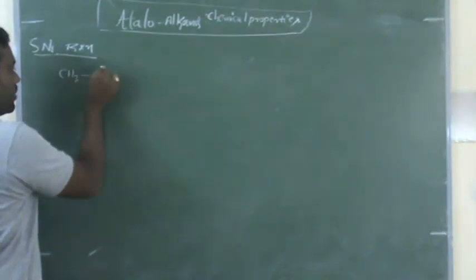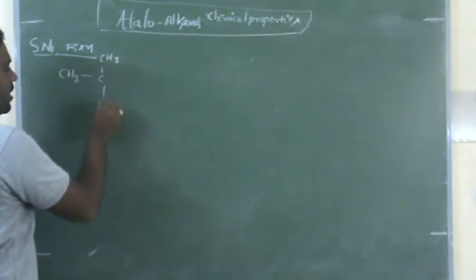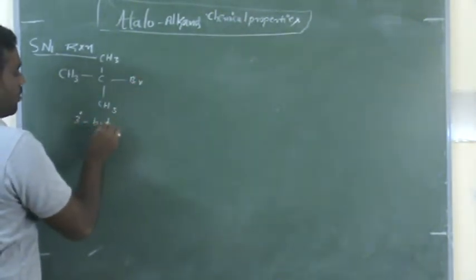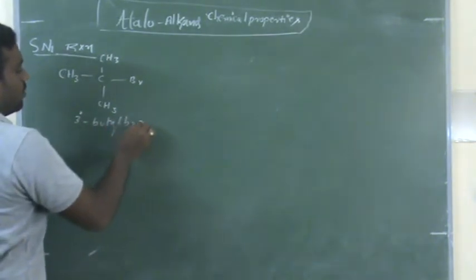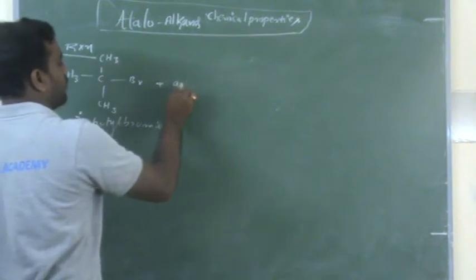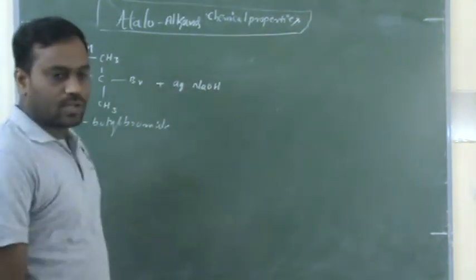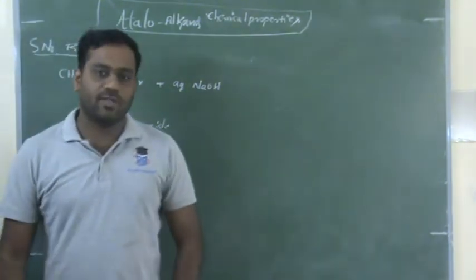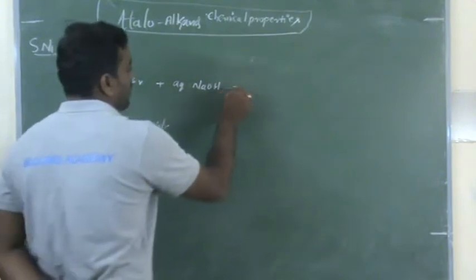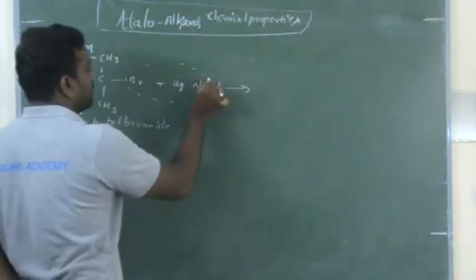Tertiary butyl bromide, that is called tertiary butyl bromide, undergoes reaction with sodium hydroxide, or you can give KOH also. Either you can use sodium hydroxide or you can use what? Potassium hydroxide. Then there is the removal of what? Na and Br like this.